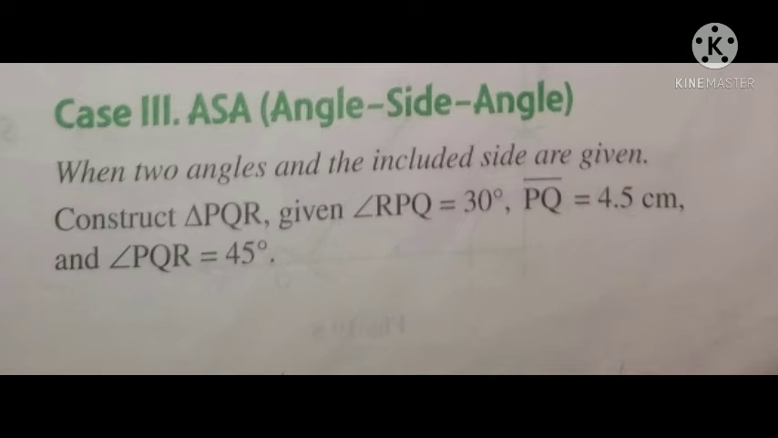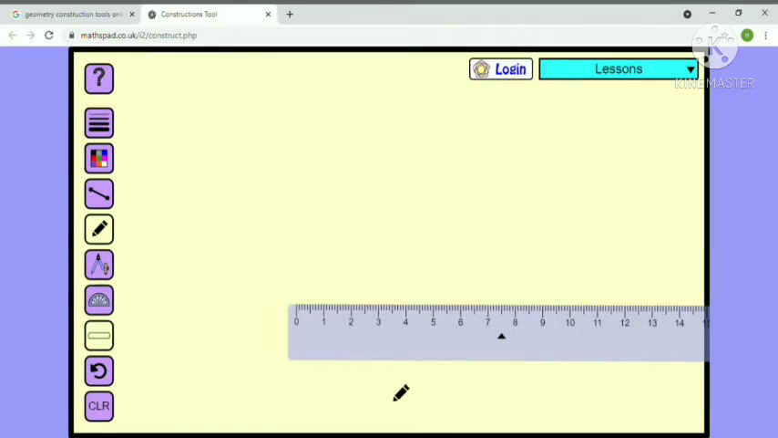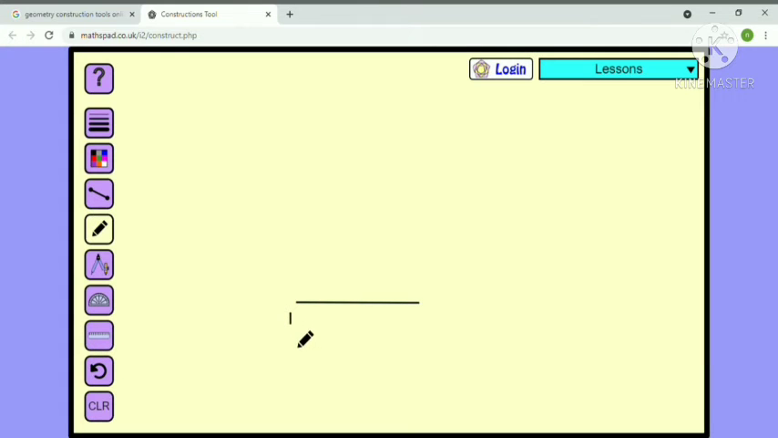Now case 3, ASA, that is angle, side, angle. Here the measure of two angles and one side will be given. Step 1, draw PQ equal to 4.5 cm. Then we have to construct angle XPQ equal to 30 degree and angle PQY equal to 45 degree. So for that,